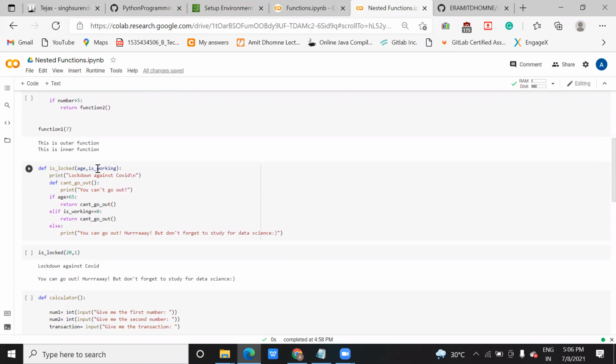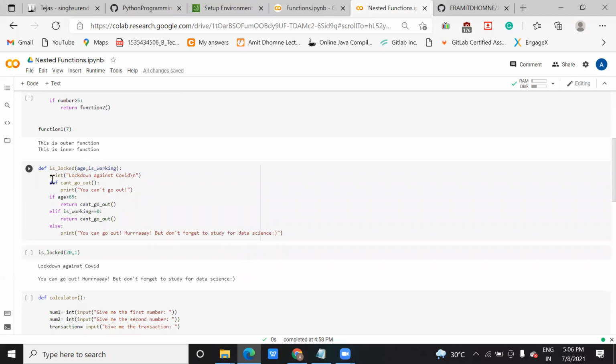Here we are defining the condition, printing it, then I have created one function, I have defined the body. Now actually here the condition will be checked. Here we are calling the function with two arguments: age and is working. So this 20 and is working will be copied and assigned to the age and is working variables.